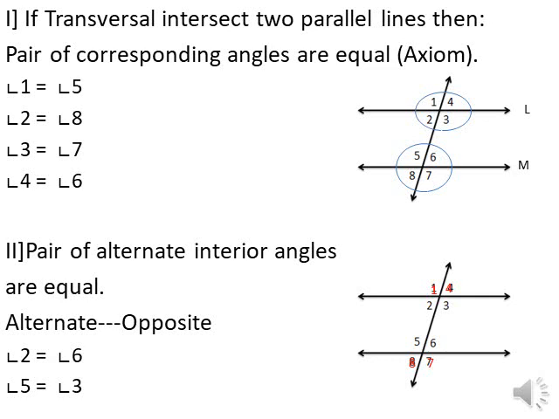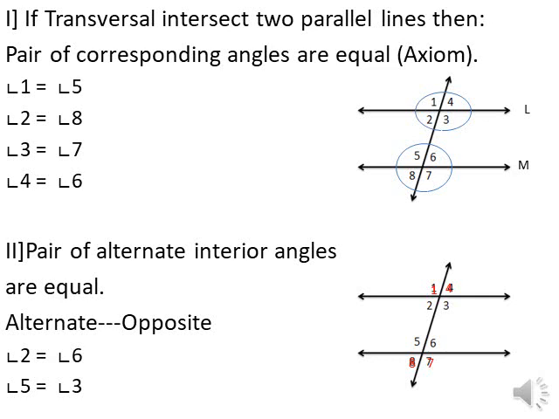So we are getting 4 pairs. There is another method we can use to remember corresponding angles. Can you see on the left side, above the line, angle 1 is there, on the first line? On the left side of this transversal, above the line 1 is there, and on the second line, above the line 5 is there. So 1 and 5 are equal.